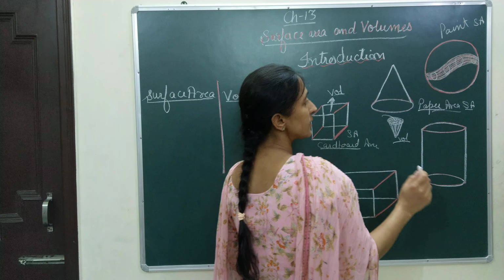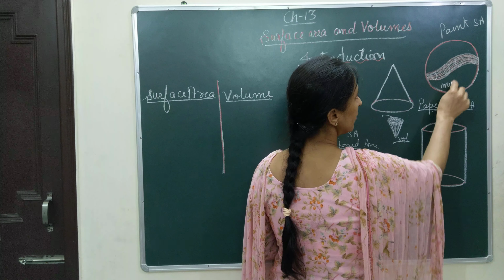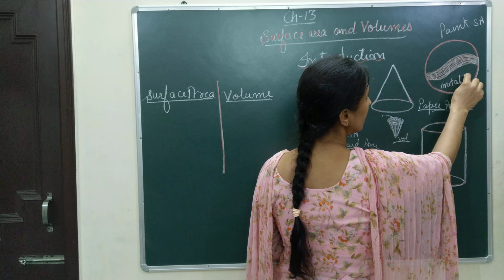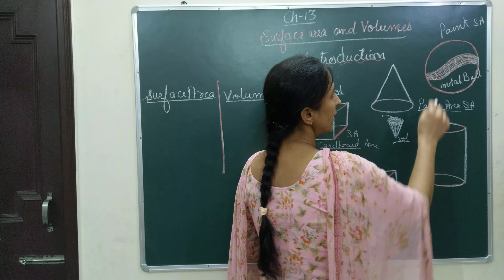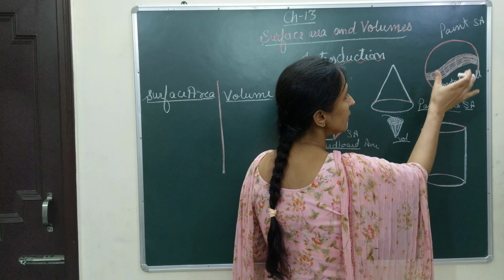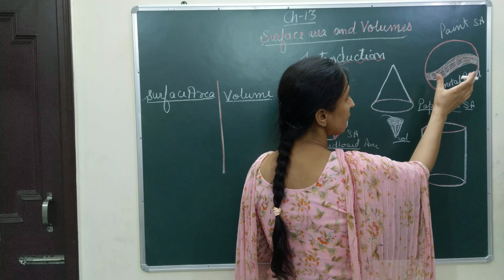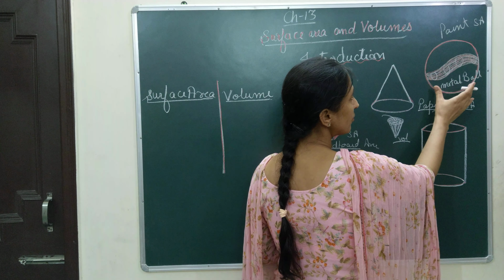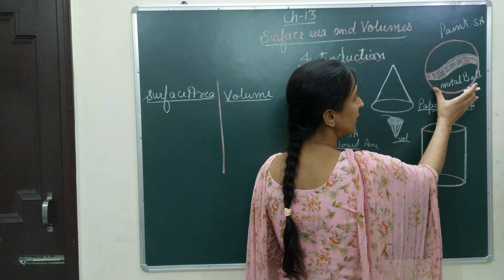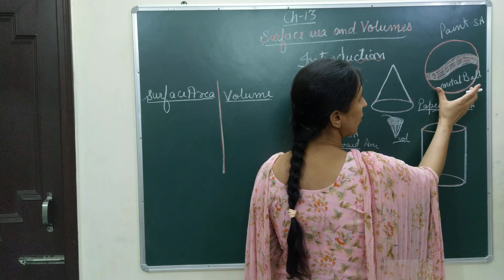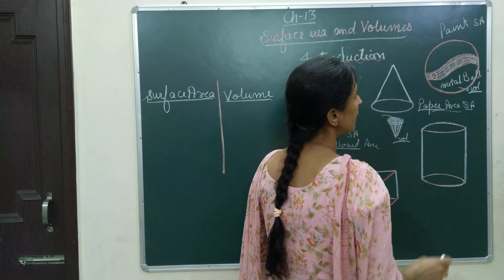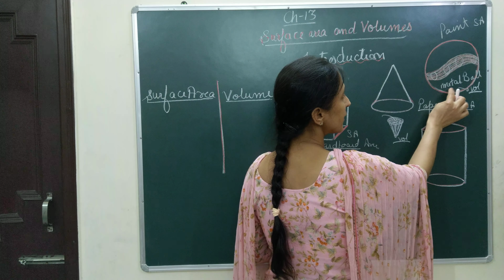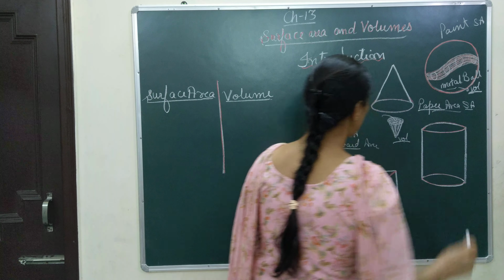But if they are saying that it is a metal ball, okay, and asking for the amount of metal which is used in making such a ball, it is a metal ball and metal is filled in this spherical shape. So you have to tell what is the amount of metal used in making such a solid metal ball. So in that case you will be finding volume. So here also we are talking about the inside capacity, so we will be taking volume.